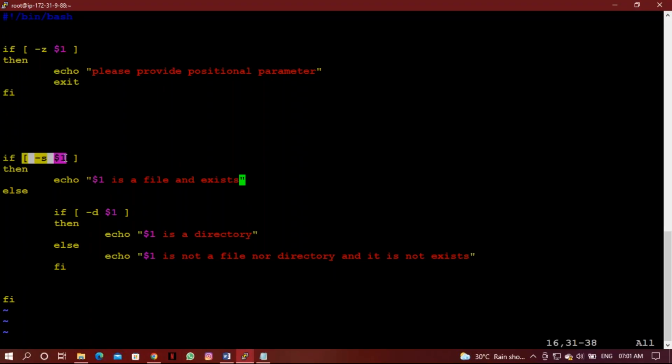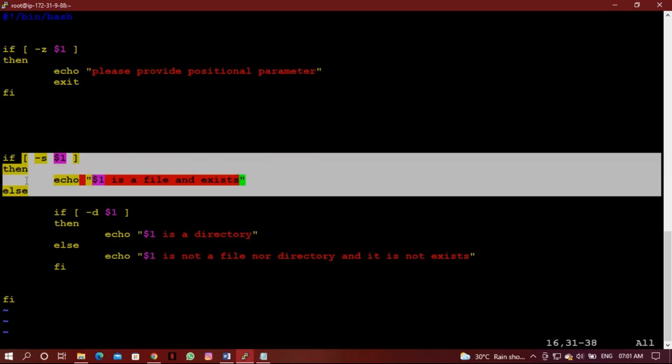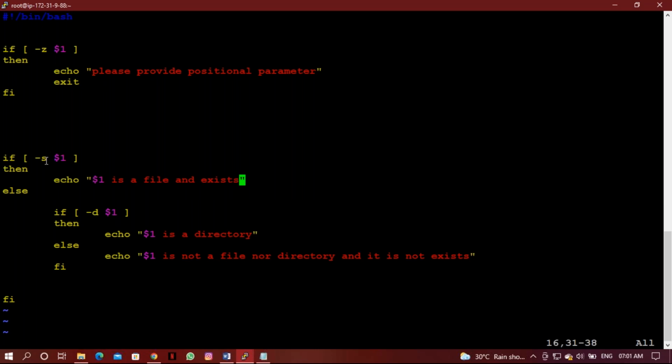Okay. So if it is not an empty file, then the statement will be true. If it is an empty file, or not a file, it will go to the else statement. So if it is true, that file is not empty. It has data. Now else statement means